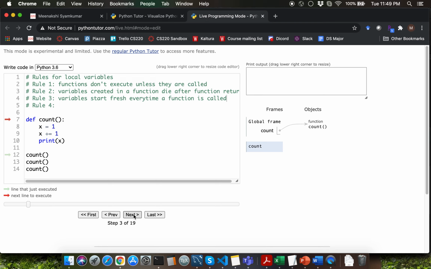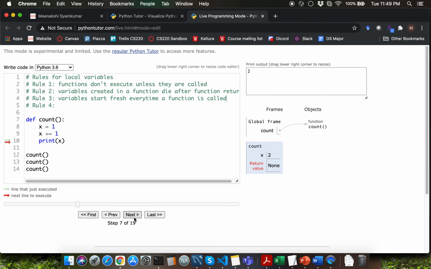Now, when I click on next, it's going to run line number 8 and we'll have a local variable x created. When we increment the value of x in line 9, the value in the box beside the x variable will get updated to 2. We are calling the print function to display x, so that will display 2. The implicit return value of None will get returned, and your program execution is directly going to move on to line 13.